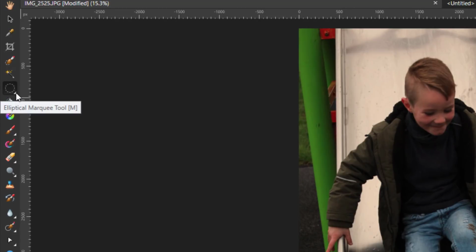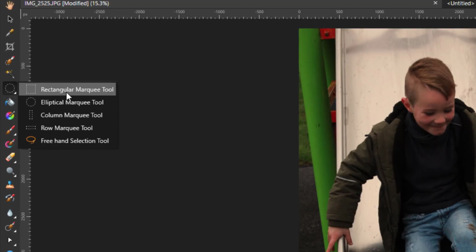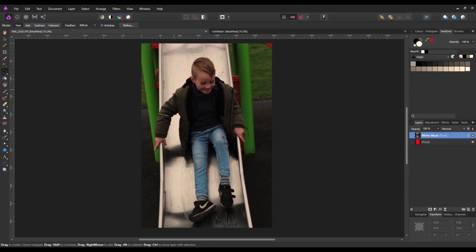Probably the main ones you're most likely to use are the rectangular, elliptical marquee tool, and possibly the freehand selection tool, where you could just draw an unusual shape. But I'm going to use the elliptical marquee tool. And I'll just position it about there,